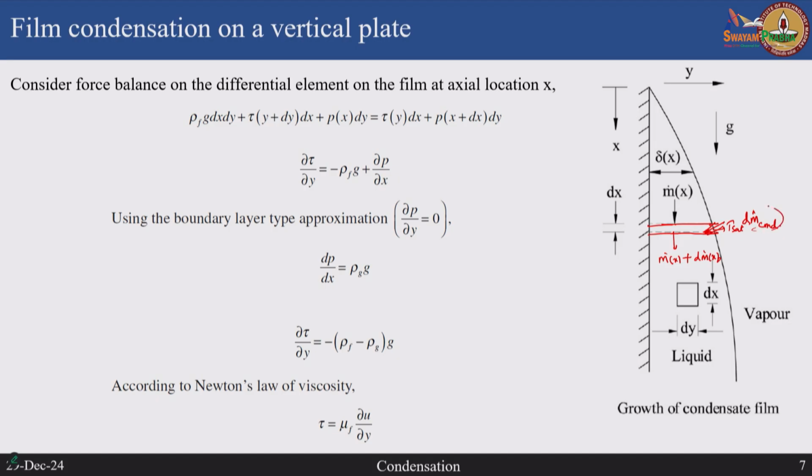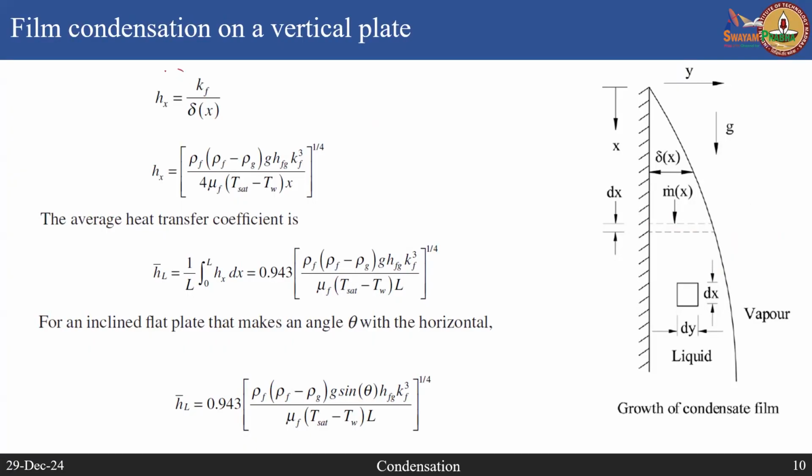So, this is going to add on to the m dot x to increase the mass flow due to the condensation, and this condensation heat has to be removed from the wall. So, the condensation heat transfer has to be effectively carried out from the wall. You have to consider mass balance, momentum balance and energy balance for this derivation. And finally, if you do that, you get the expression for the condensation heat transfer coefficient, which